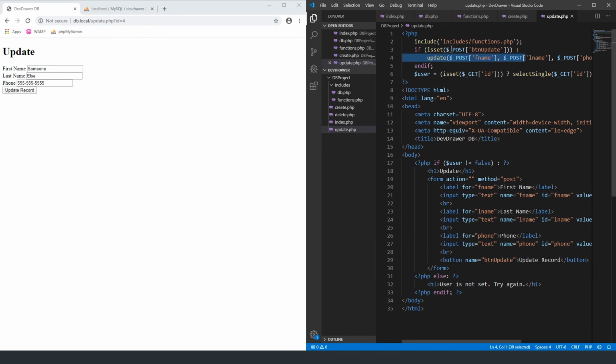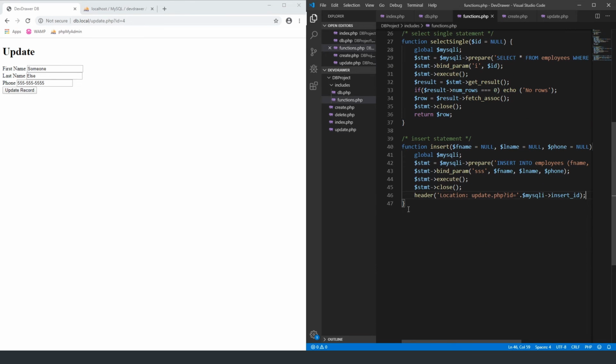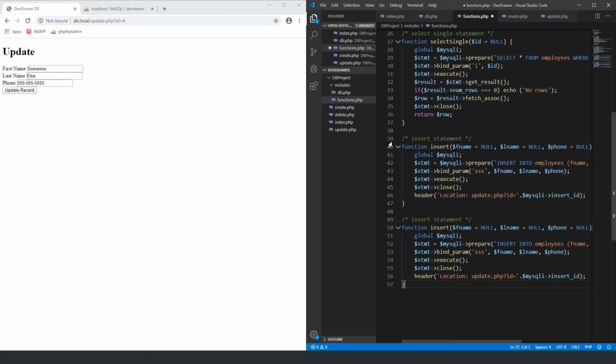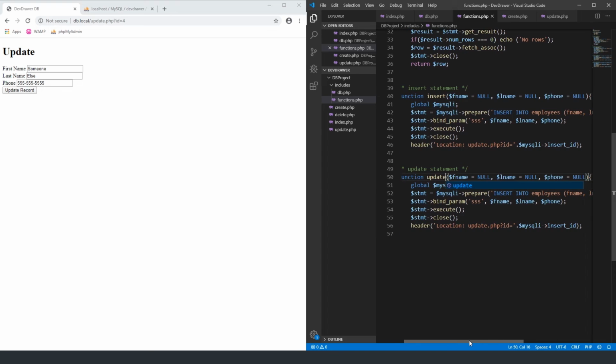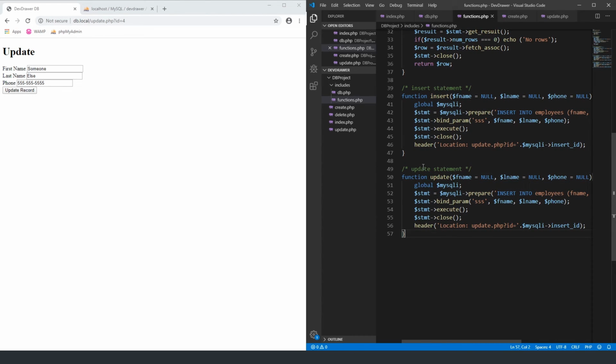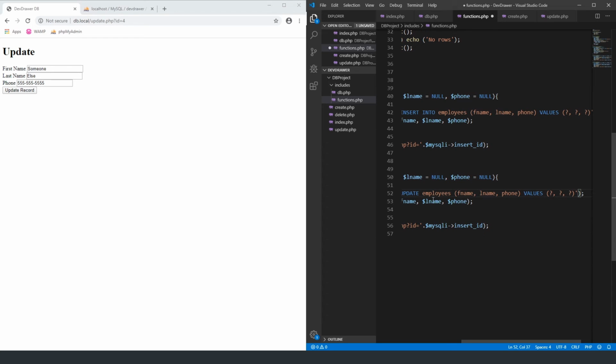So we have our update function here. We know we're going to get fname, lname, and phone. So we can essentially take this, copy it, change this to update, and then change this to update. There's going to be some key differences, not a lot, but some key ones. First thing we're going to do is, instead of doing insert into, we're going to do update employees, and then we're going to do set fname equals question mark, lname equals question mark,